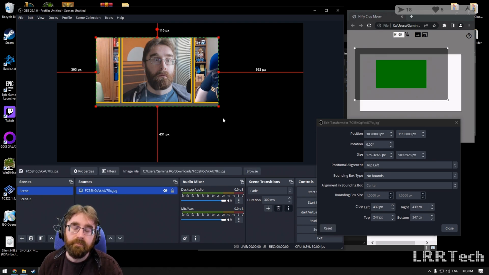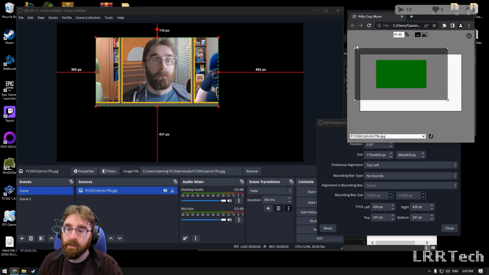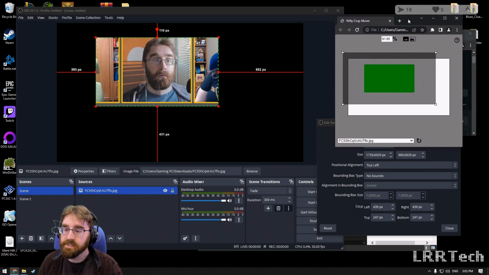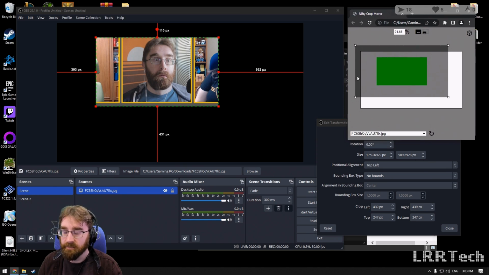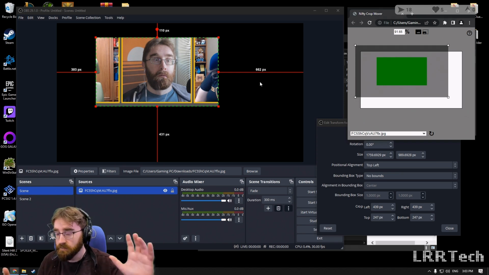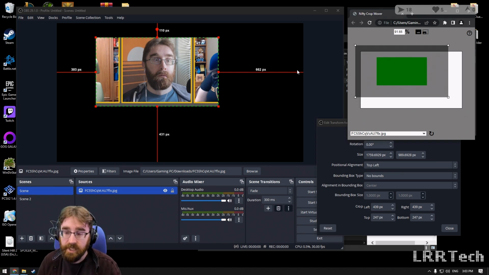I've got to take all the measurements of the object in this HTML document, which has its own coordinate system and is scaled to a particular size, and translate them into the OBS coordinate system, and also scale them to the right size, which I can do,